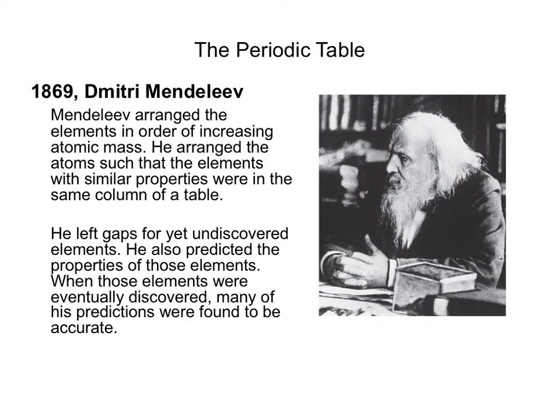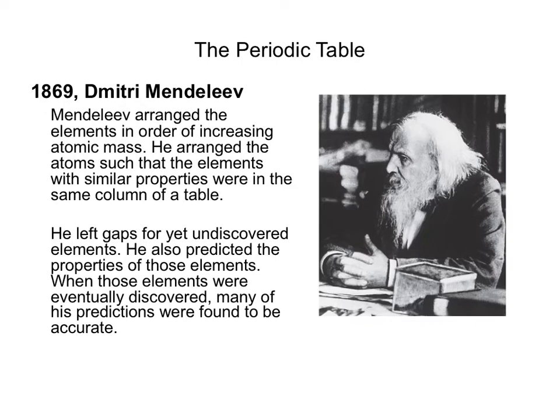And so the person that gets most of the credit for developing the first modern periodic table was Dmitri Mendeleev. And so he made lists of elements, but rather than just ordering them in terms of increasing atomic mass, and again, at the time they thought atomic mass was the important thing because the protons hadn't been discovered yet, he put the elements in a table such that elements with similar properties would appear in the same column.